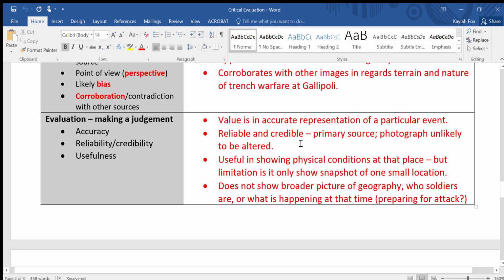Lastly, they've made a judgment. They've noted that it's an accurate representation of what it was like in the trenches. They believe it's reliable and credible because it's a primary source, and with the photo, they can't see any reason why it would be changed or doctored, as in photoshopped. They believe it is a useful source because it shows physical conditions at the place, as in the Gallipoli trenches, but